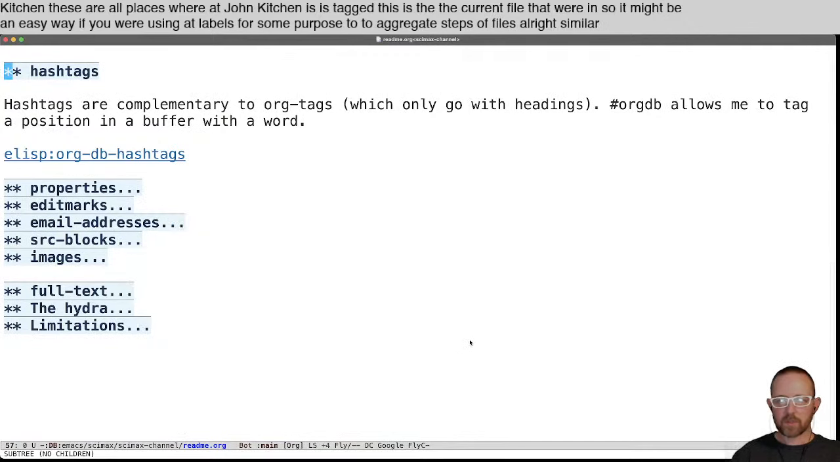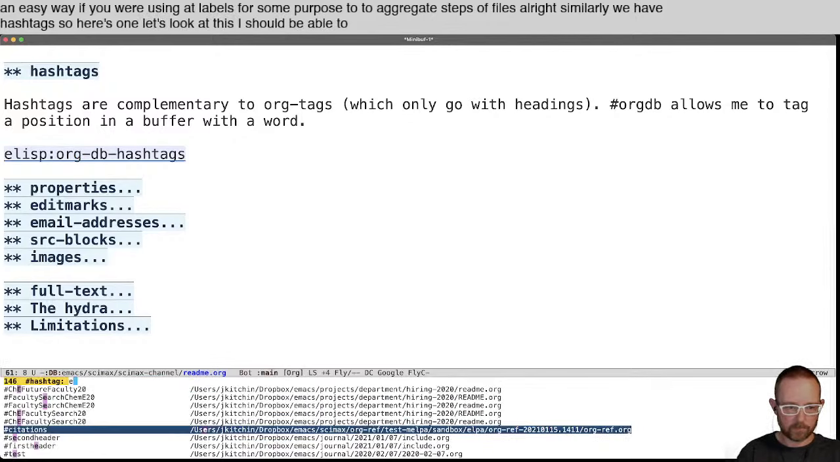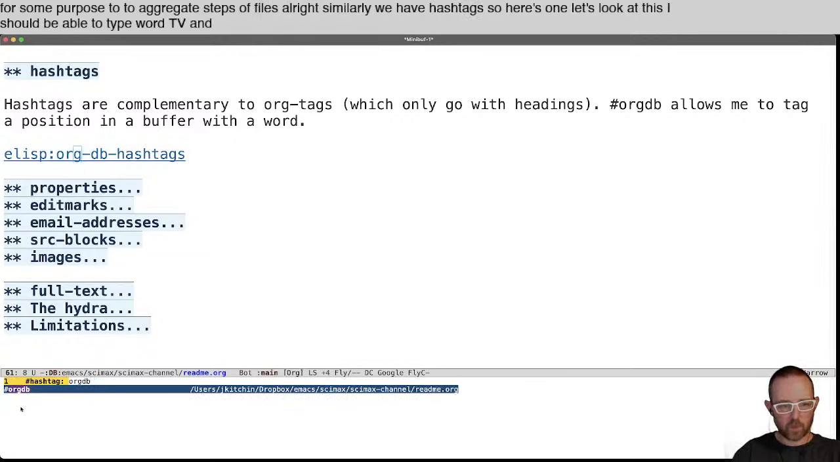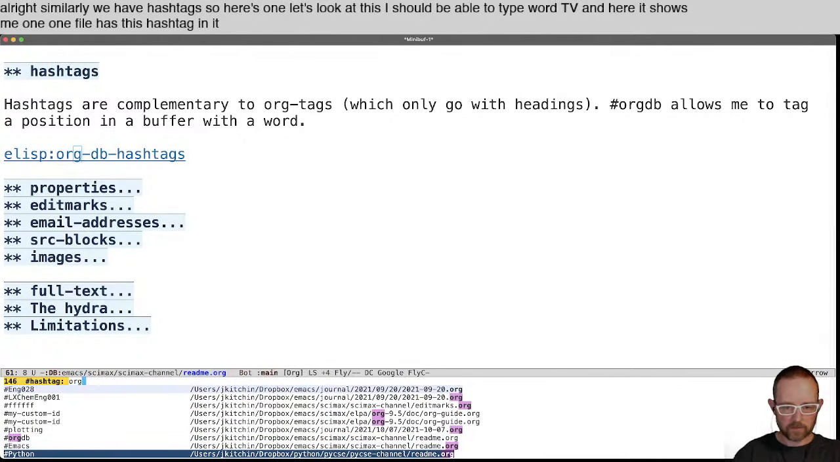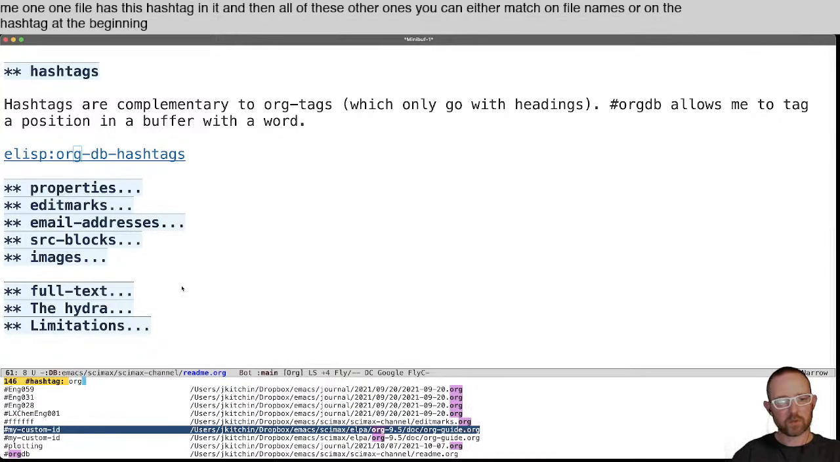All right, similarly, we have hashtags. So here's one. Let's look at this. I should be able to type org-db, and here it shows me one file has this hashtag in it, and then all of these other ones you can either match on file names or on the hashtag at the beginning. So you can use this